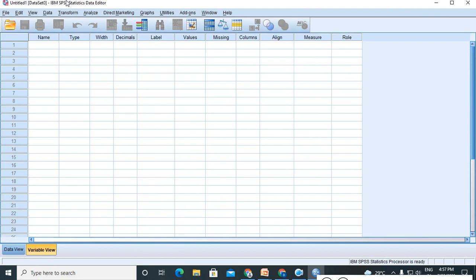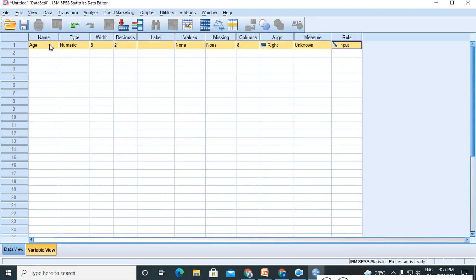Here you can start giving the field names, whatever we are having in our questionnaire. Now I'll start with serial number if you want, otherwise I'll start with age.